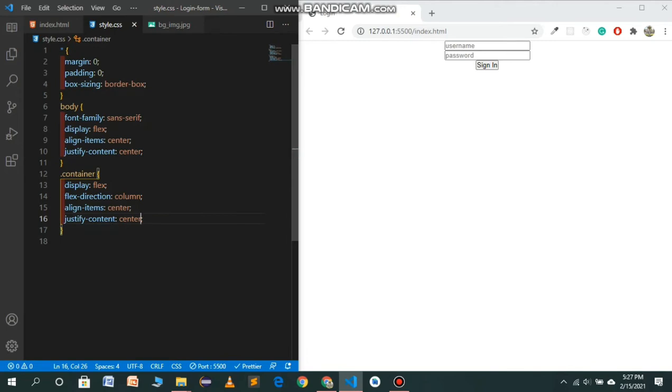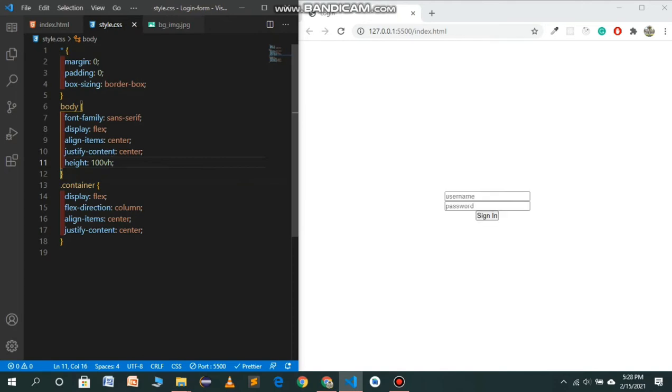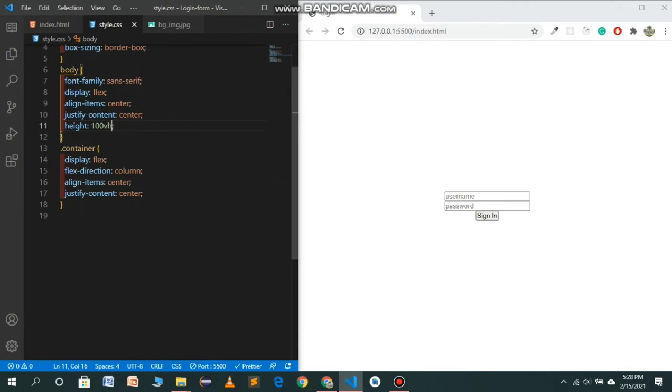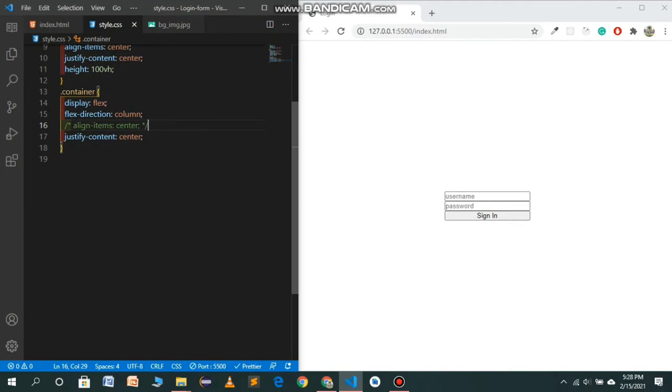So there is something wrong with it, I think. Height 100vh. So now this is the problem, we haven't given it the height. If I will not use the align items, this will be the demo of our code.